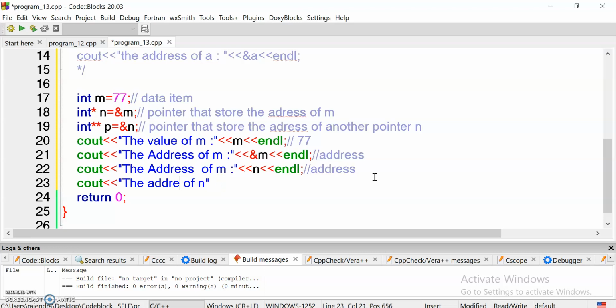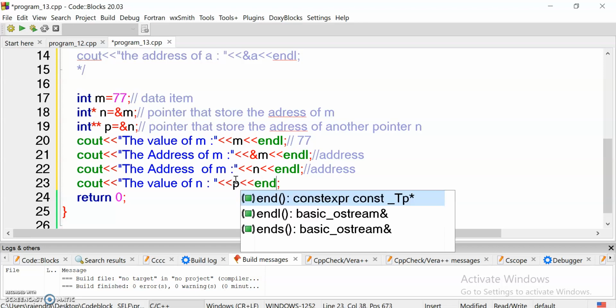Firstly I print the value of n, because it contains the address of m, so the value of n is pointer p. Okay, pointer p, or just p. So firstly I run this.